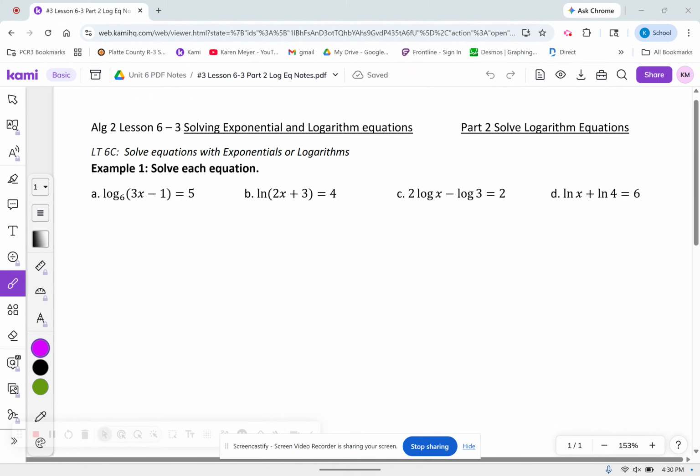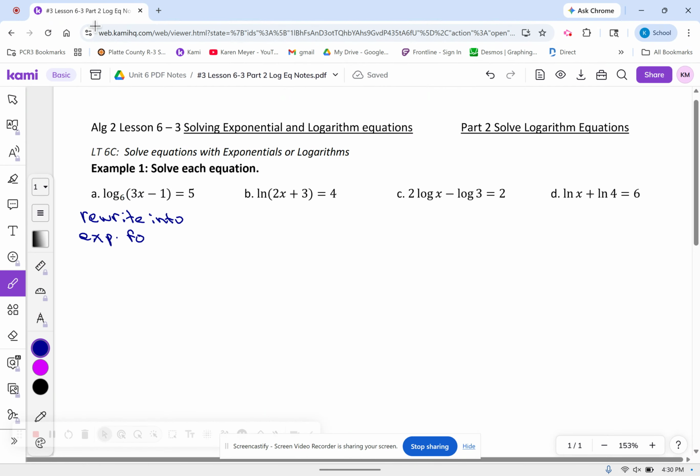Okay, if we have a log in the problem or an ln in the problem, the only way that we are allowed to get rid of a log or an ln is we have to rewrite. So we're going to end up rewriting the equation into